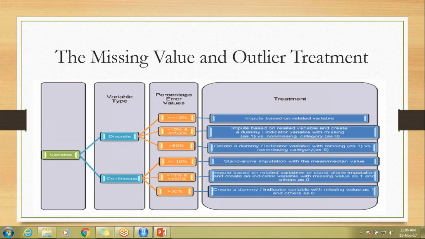if a bank is maintaining, if the bank is maintaining